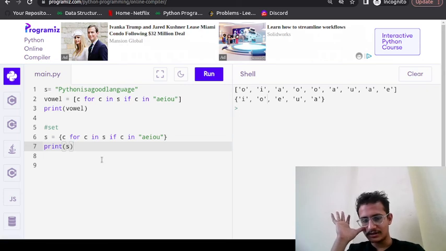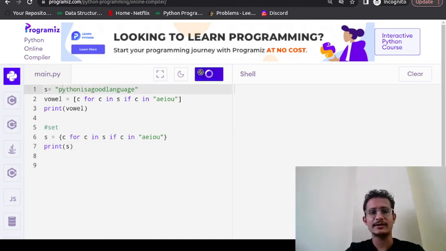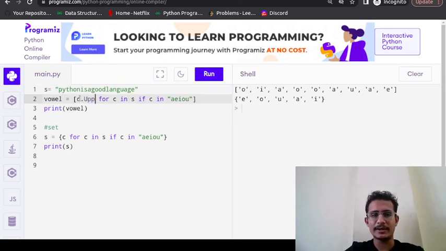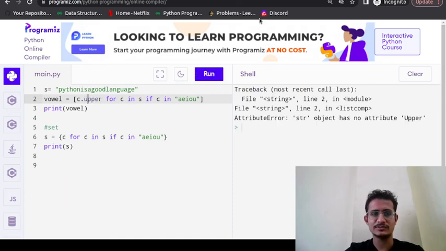Perfect. Now we can do more operations. Suppose everything is in small letters now, and for all the vowels you got, you want to convert them into upper. So you can use the function upper. Still it is showing an error. Then I think U is also small.